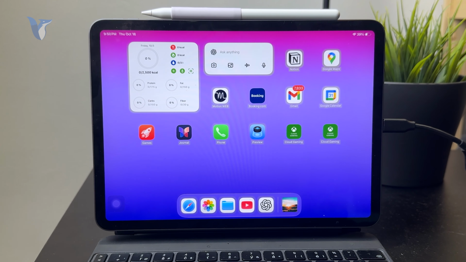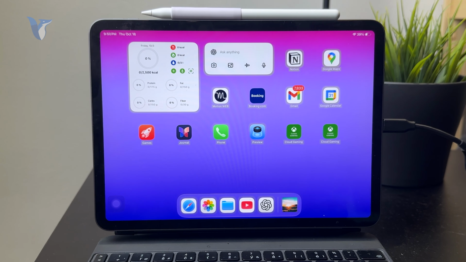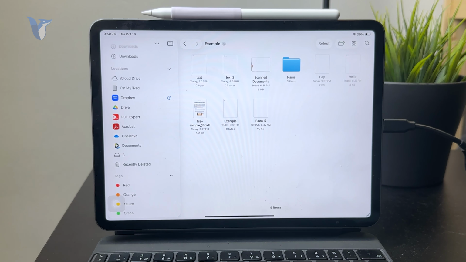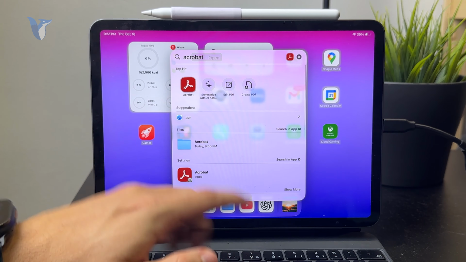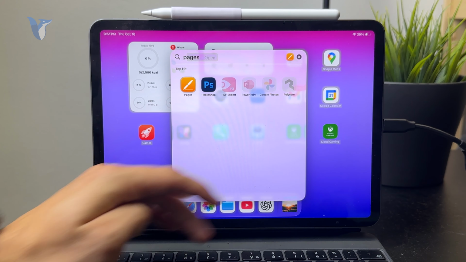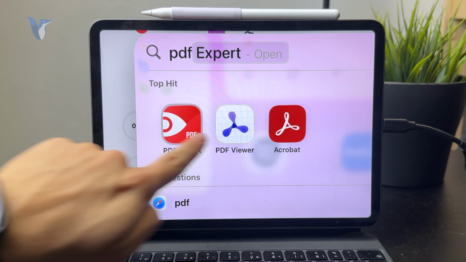It's okay. I mean, it works fine. But if you need some additional functionality, you can explore some PDF apps on the App Store. For example, there is Adobe Acrobat, which is good for reading, as well as PDF Expert, another app which I personally tried. And then inside of the Files app, you can just hold down on the file and